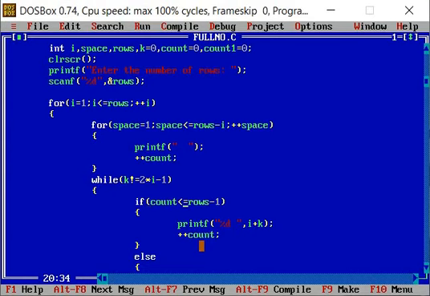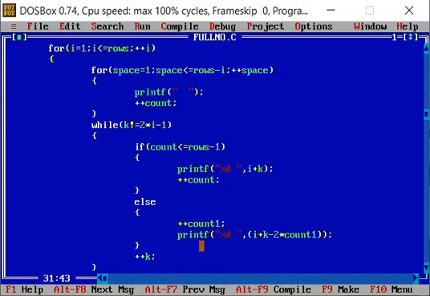If count is less than or equal to rows minus 1, that is 1, it will enter into the if condition. It will print i plus k, that is 2 plus 0, as we have initialized count1, count and k to 0. So it will print 2. The count value is incremented to 1. It will not enter the else part. The k value will be incremented, that is k equals 1.